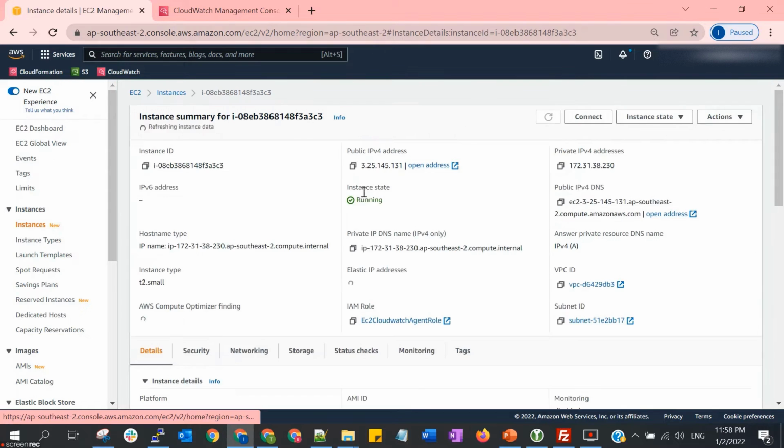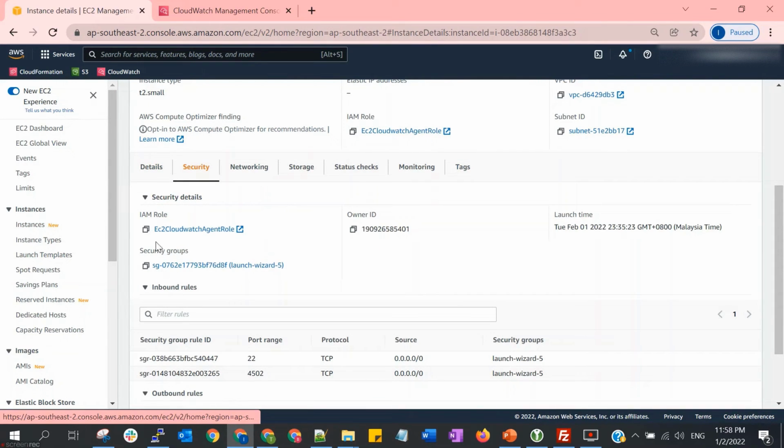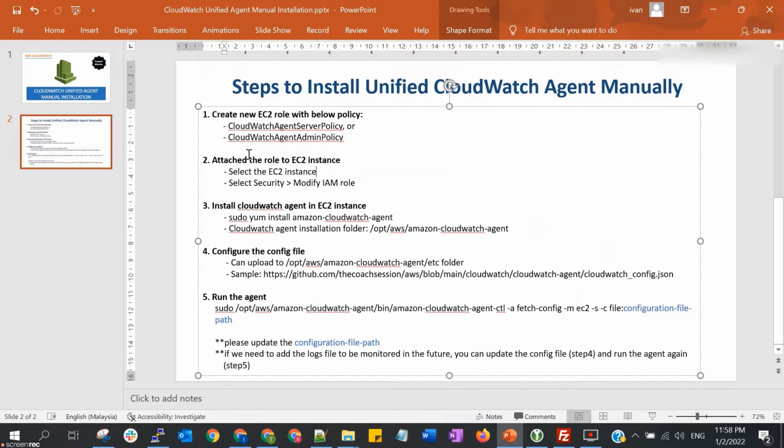Okay, so you can see that your role has been attached here to the EC2 instance. So step number 2 is already done. You already attached the role to the EC2 instance.